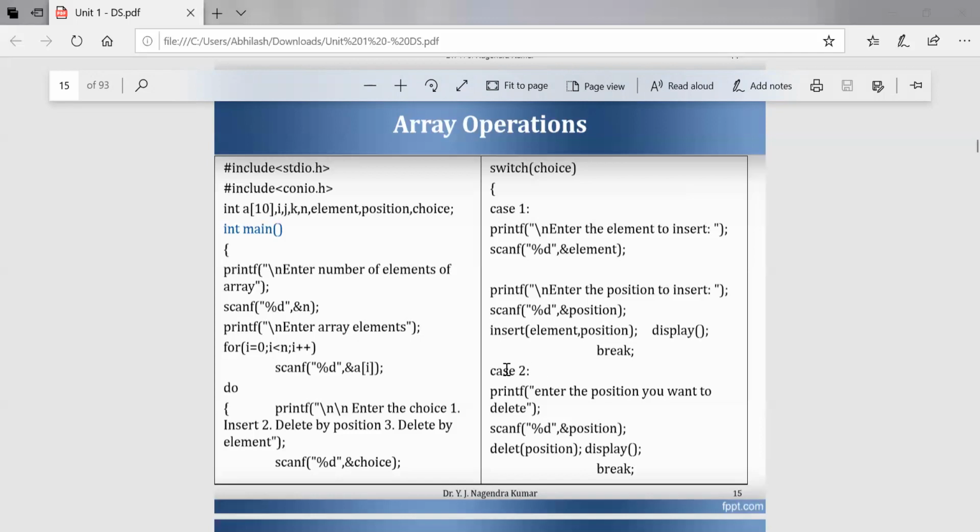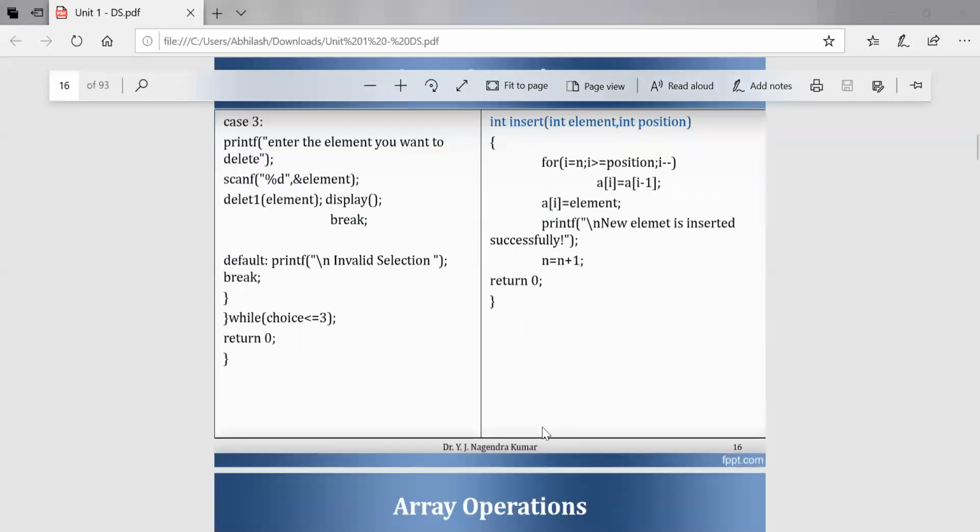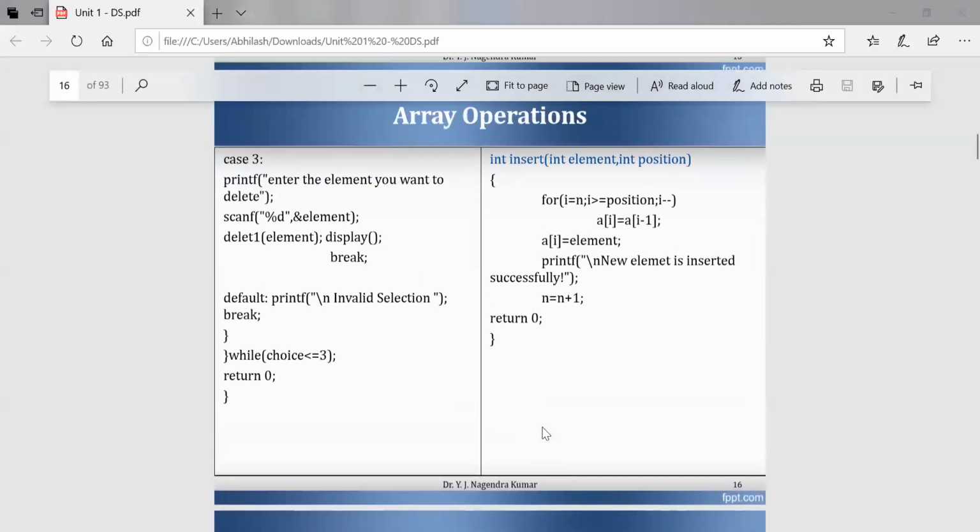In case 2, if you select 2, it asks for the position so that it deletes the particular element from that position. In case 3, you are again performing the delete operation, but in this case you are deleting the element using its value.